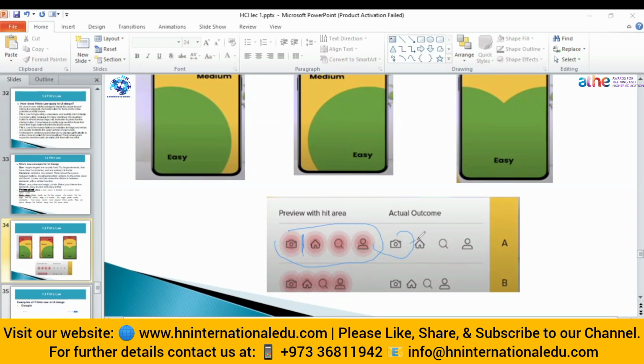There should be enough distance so that if you click on a certain item, the second one is not going to be affected. This is what Fitts's law states: the distance must be enough so that the user can easily click there.